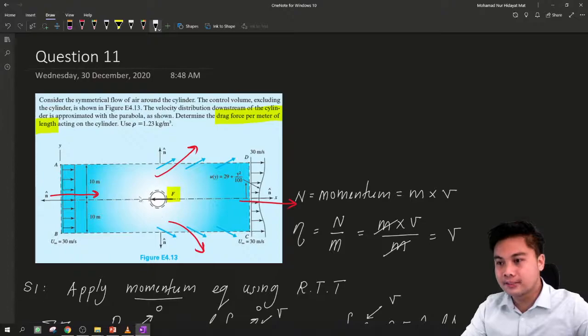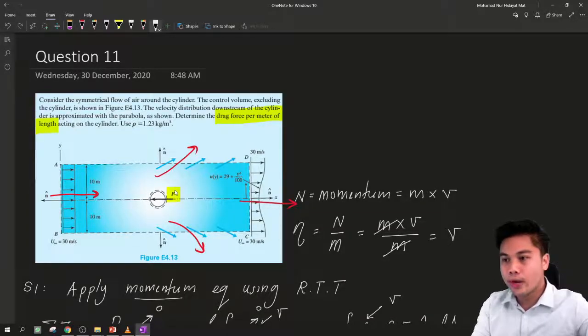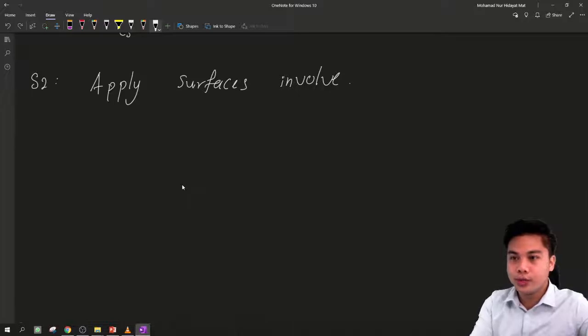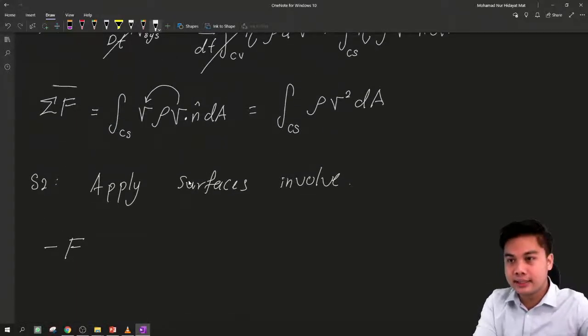What is the force related in this flow? Only the drag force, which is pointed to the left. When the force is pointed to the left, it is negative force. So we include here negative F because it is going to the left. This notation should be left is negative and right is positive. So in this case, negative F equals